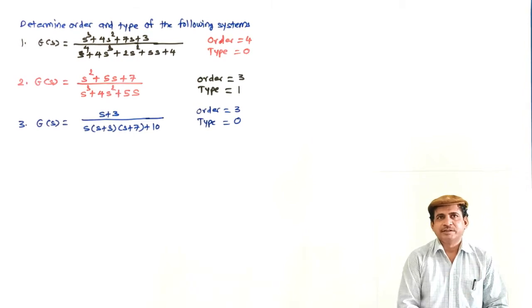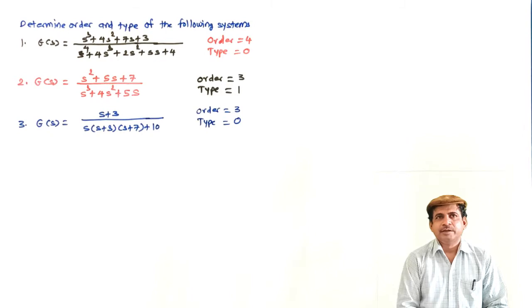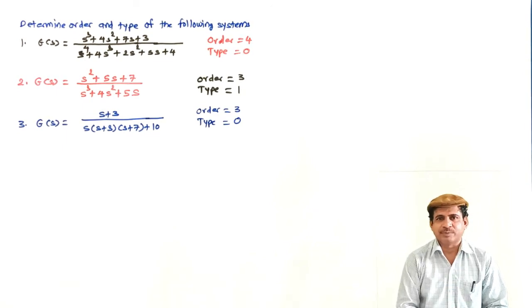Once you know this, it will help you in simplifying the steady state analysis. This is enough in this lecture. In the next lecture, we will discuss the first order system, its time domain analysis or transient analysis, its time domain specifications, and we will solve simple numerical examples. Thank you.